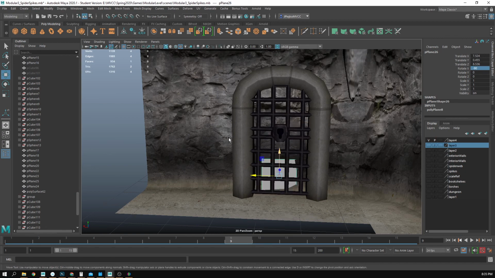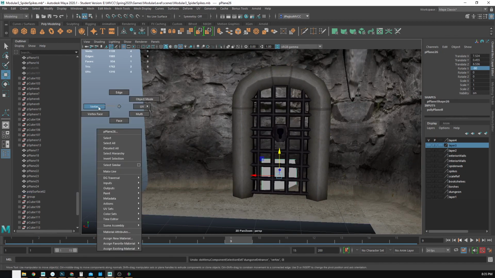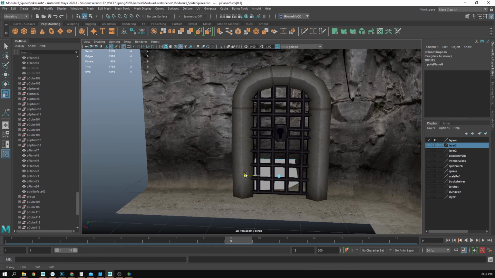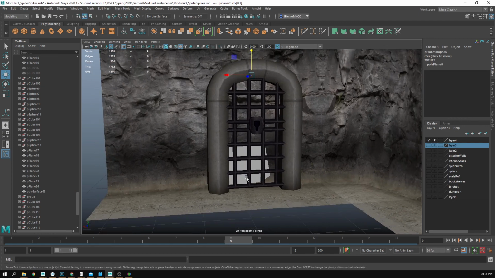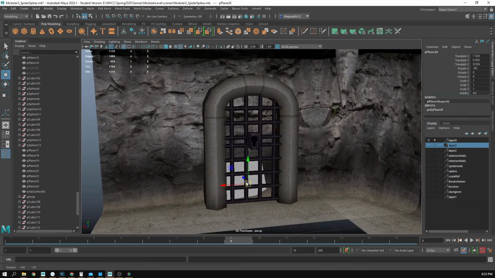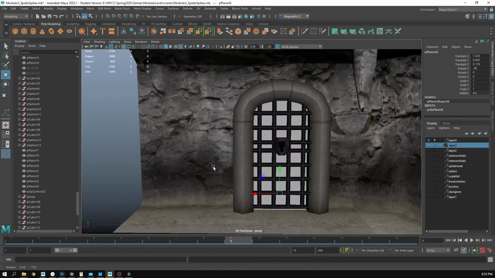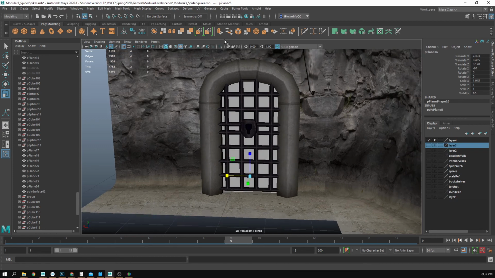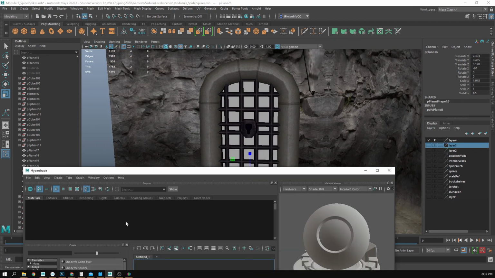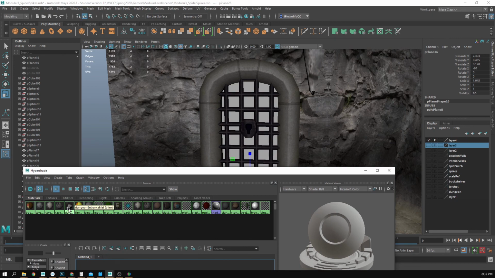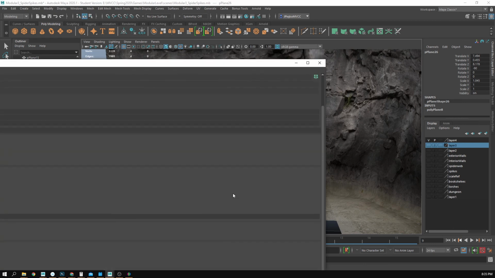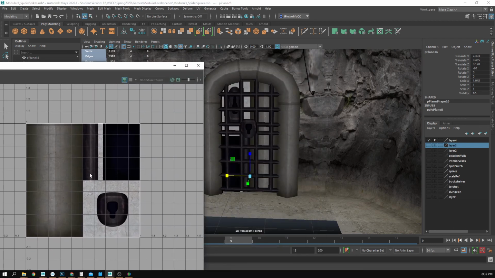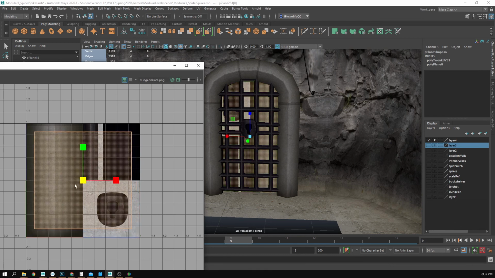And I'm going to grab my vertices. Okay, there we go. Object mode, bring it forward. And scale that a little bit more. Okay, let's add that material to it. So dungeon. And we're going to take that UV editor. Very, very simple thing that we can do. We're going to UV shell, scale it,